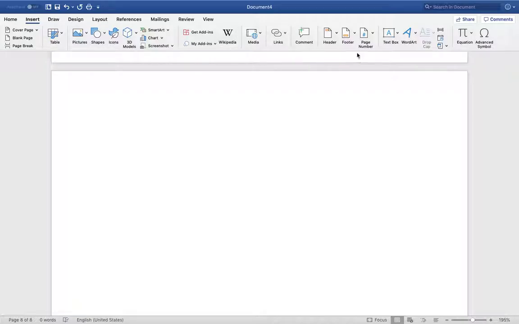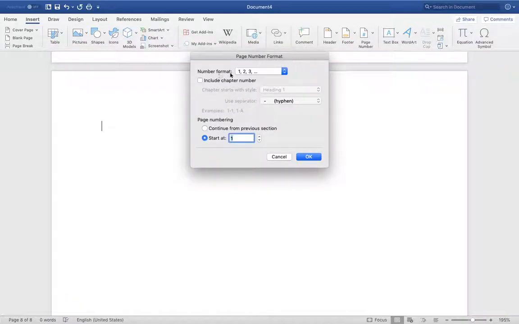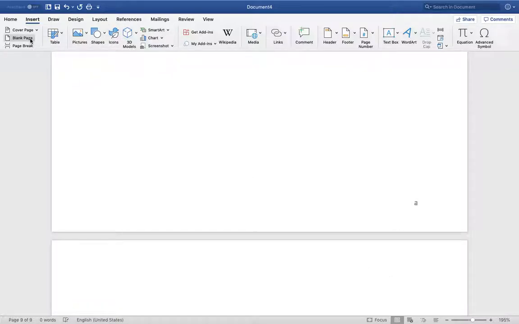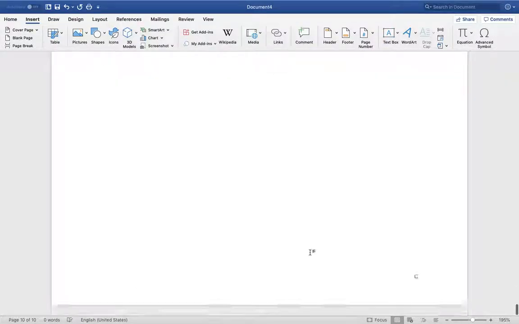insert page number, format page numbers, and for number format I'm going to select ABC, and start at A. Okay, remember to click start at, not continue from previous section. Click start at. Okay, now we get A, and let's add another page, blank page and blank page, ABC. Okay,